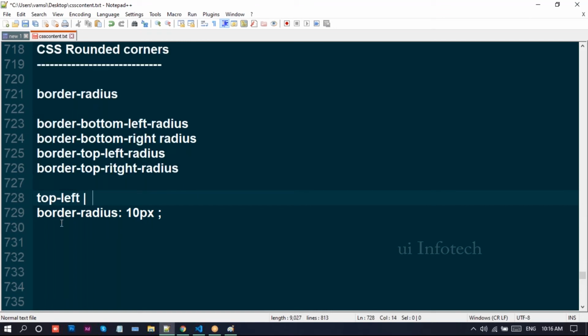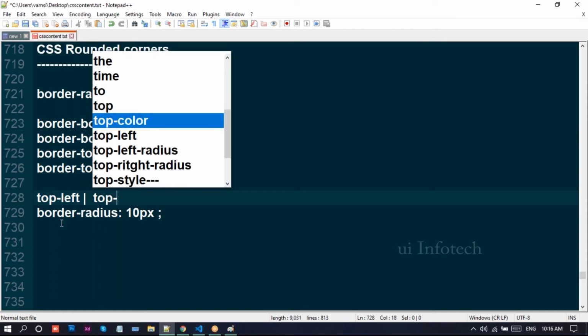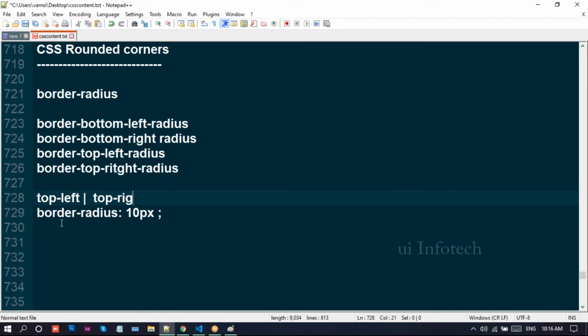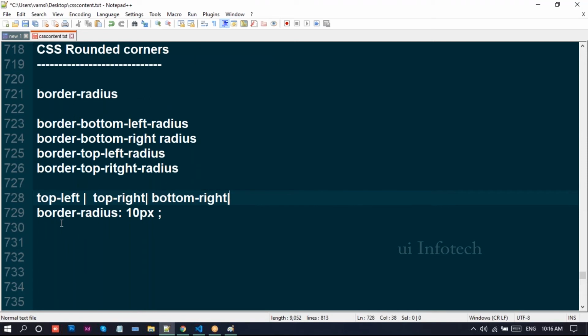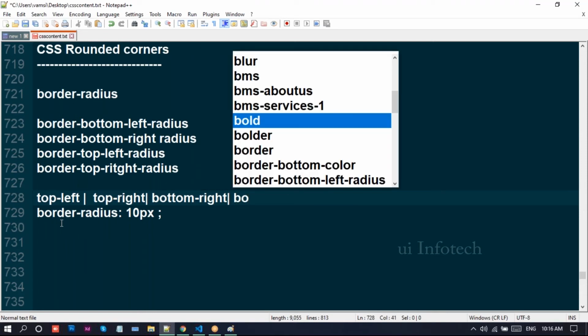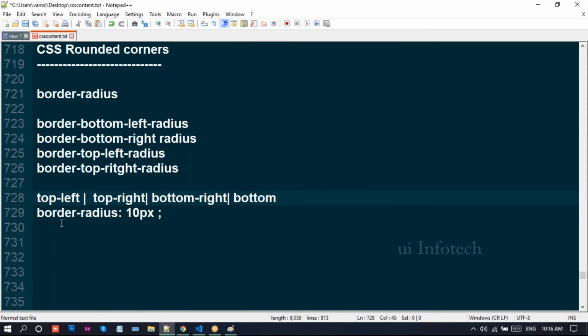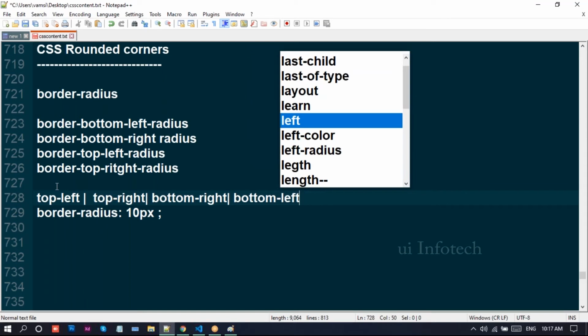top left, top right, bottom right, bottom left.